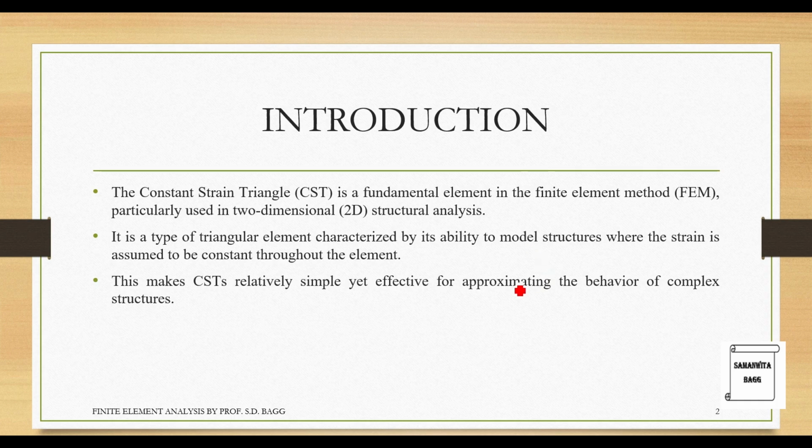So say you are doing a 2D analysis of a beam, and when you have to model this and you want to go for meshing, you are going to use triangular elements which will be defined by three nodes at its vertices. This is nothing but the CST element, constant strain triangle element. What happens over here is, throughout the element that you consider, the strain is going to remain constant.